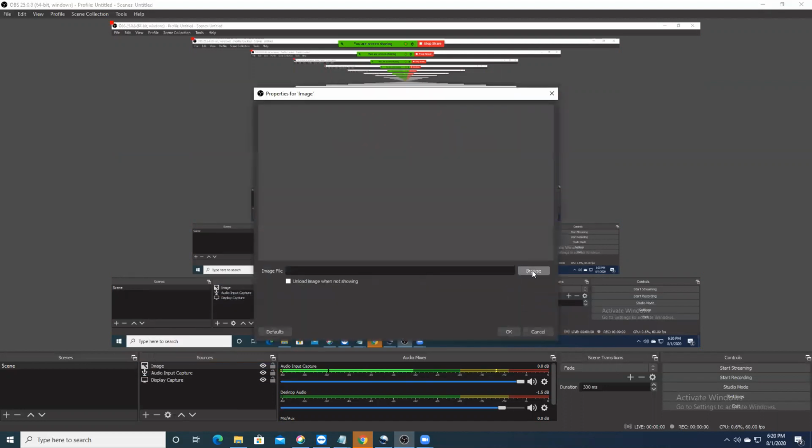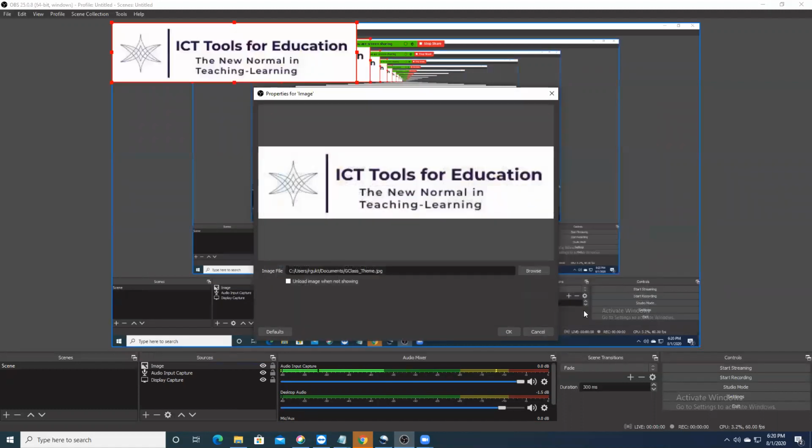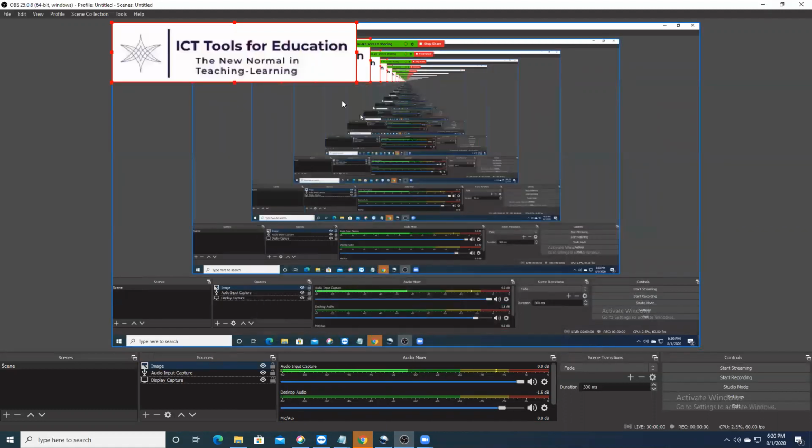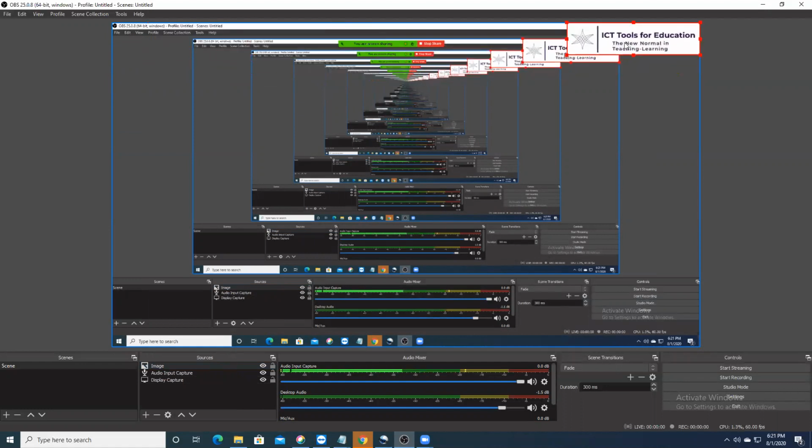Now, let us say you want to put your logo somewhere in the corner throughout the session. So you can add an image. Here, click on image. Now say okay and choose the image. So let me just browse the image and choose some image. Now say okay, and you can put it wherever you want to. You can just hold it at one corner, drag it, and resize it. Let me now put it at the top right corner, and I want this logo, or your own logo, to be there throughout your recording or streaming.